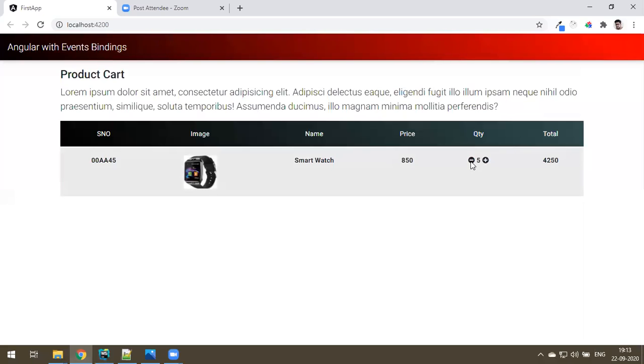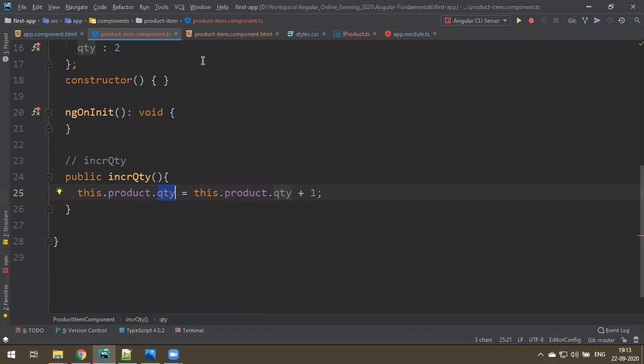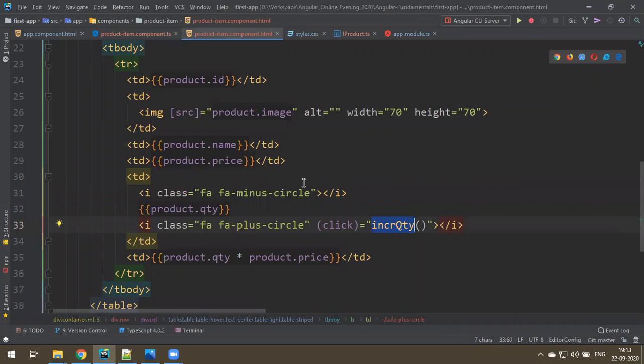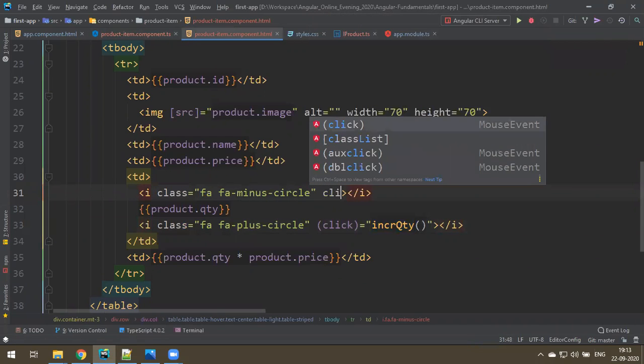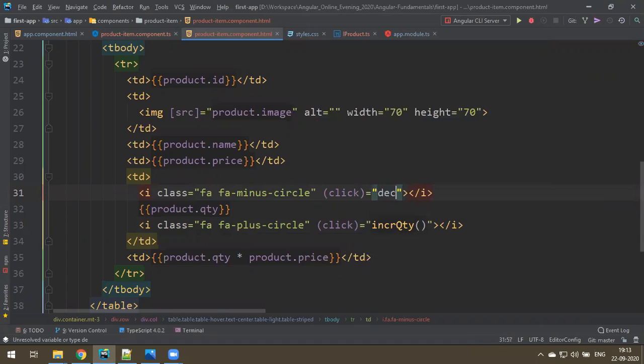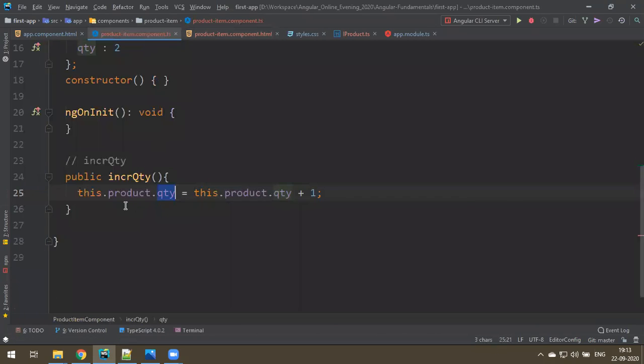Plus is working. Minus, if I click on minus, decrease the quantity. Same story. What you do? Click on the minus, let's say click event, decreaseQuantity function. Let me copy this, and here let's say decrease the quantity.